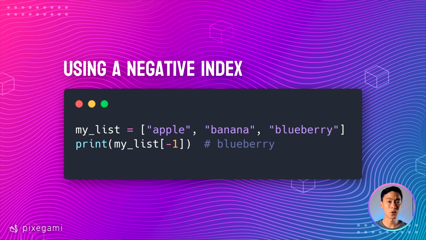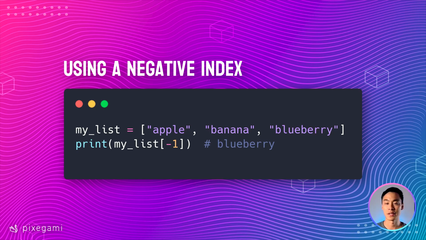We can already do that with what we know, just using a bit of math, getting the length of the list and then subtracting 1 or 2 to get either the last item or the second last item. But it's actually quite a lot of stuff to type out, so Python's given us this really handy shortcut where if you put -1, you get the last item in the list.